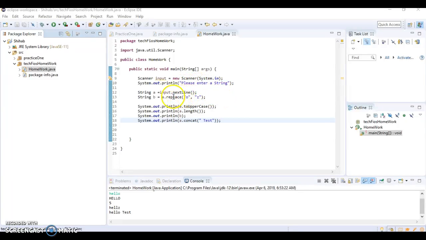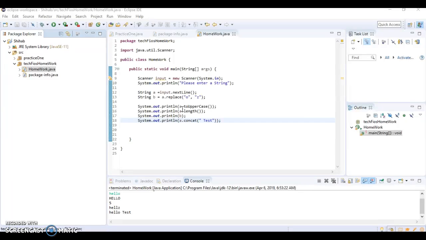Then I divided the string into two parts, string A and B, to make it easier for us. And then A equals input.nextLine, then the parentheses. Here I will put my input, that is hello. Then string B, I have shown A.replace in brackets o with z,